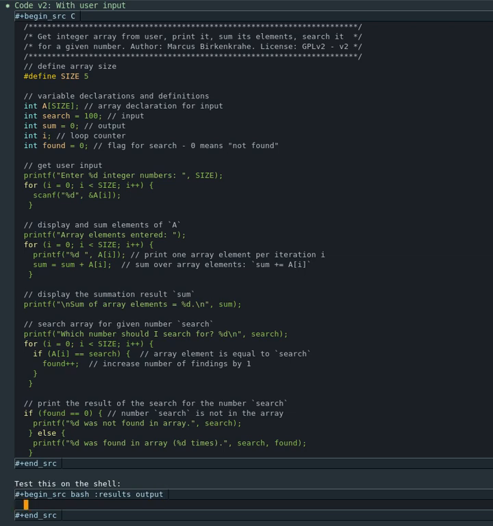The first thing is we want to run this file. Of course, we don't have a file yet. We're going to call it main.c, and the output file is supposed to be main. Now this will not work because we don't have a main.c file yet. All we have is a code block. So we need to go to the top here and tangle this code into a file called main.c. Test this on the shell after tangling